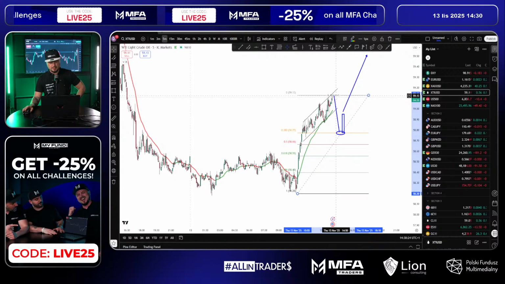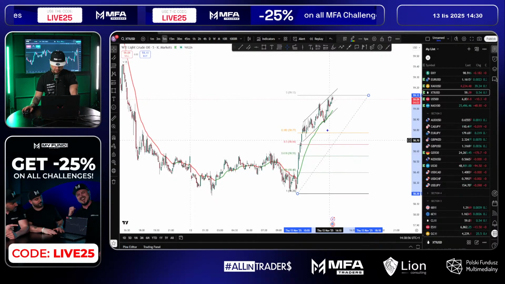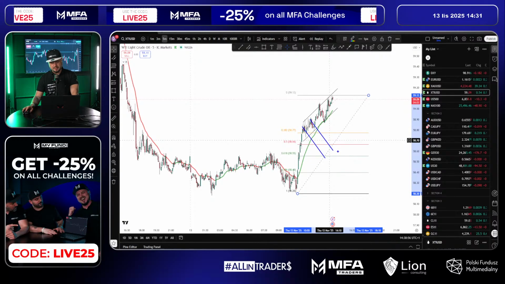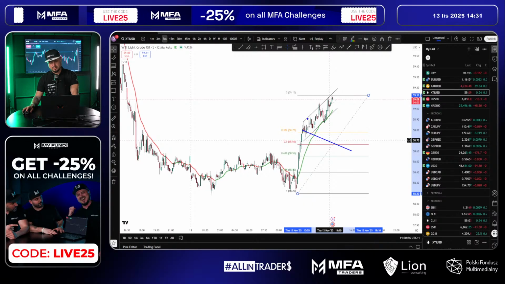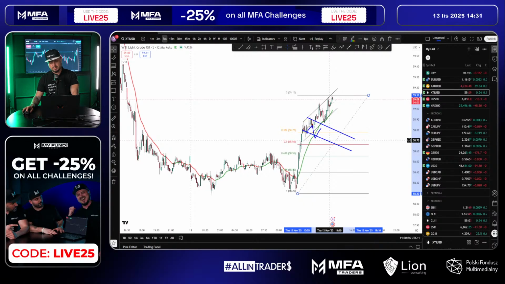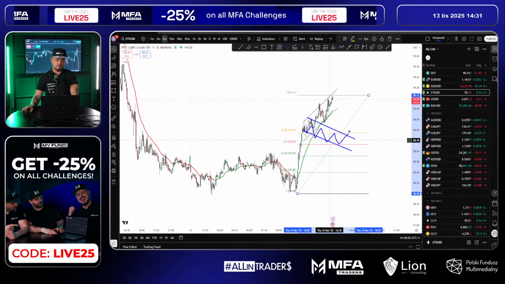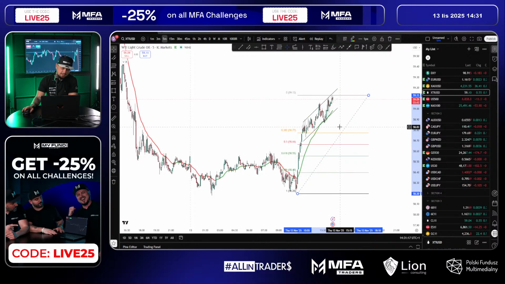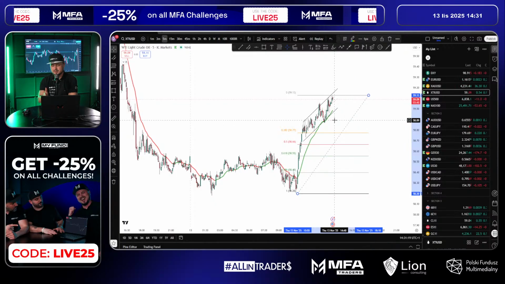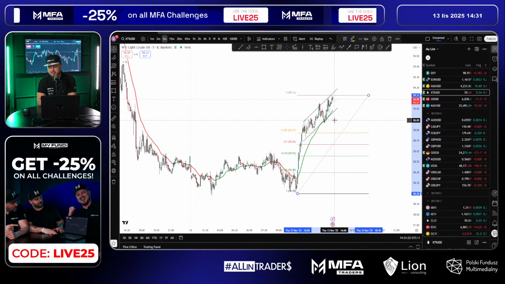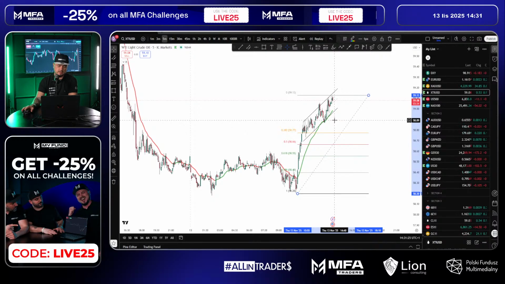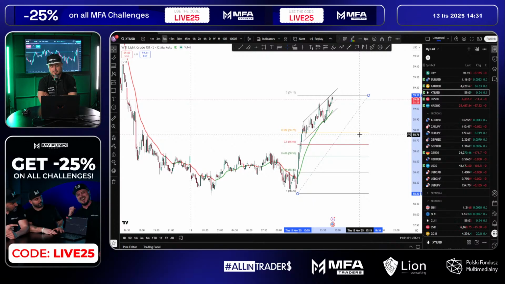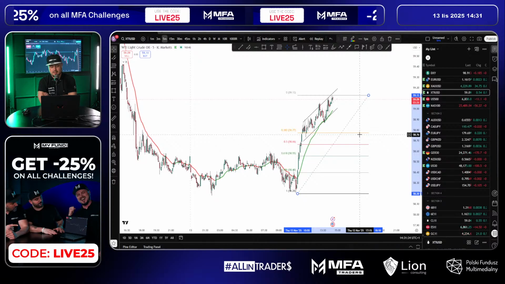Yes, we will see. This is a nice pattern. It's easy. Of course, this one is not my favorite one. My favorite one from spike moves, if you got a spike move like this, spike and flag is much better. I think a lot of you know this pattern. It's working on small time frames, big time frames. It's pretty nice. In this setup, I need to have a perfect correction, a perfect pullback just to 38.2. We will see if we can do that.